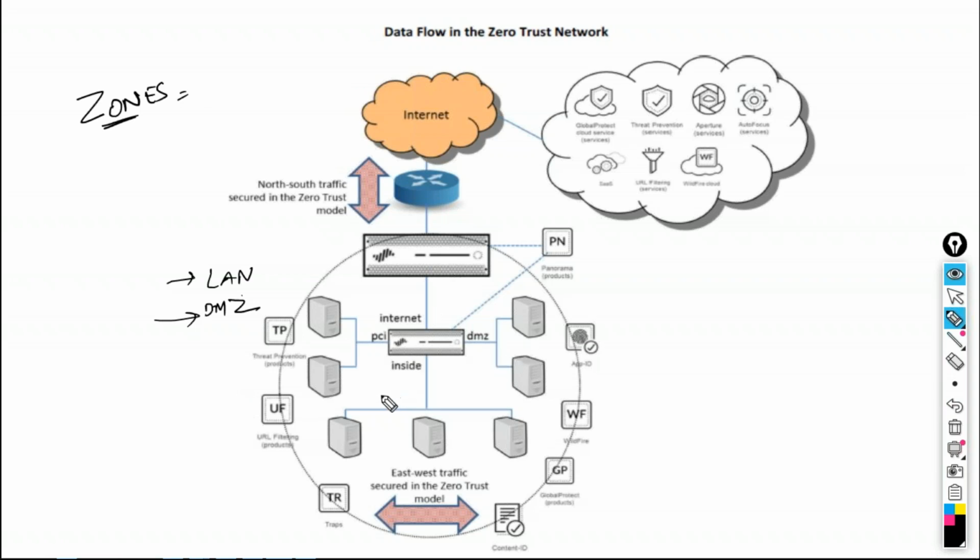So in zero trust model, what happens? You try to inspect any traffic which is going from inside to internet, or inside to DMZ, or inside to PCI. Every traffic over here is getting inspected. That is the meaning of your zero trust network. That means you don't trust any of the devices, and you deploy security for all. Okay, guys, clear? Yeah, it's clear. Yes. Okay. Now, guys,